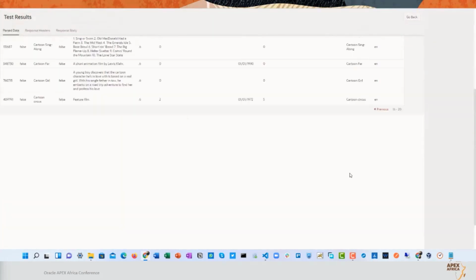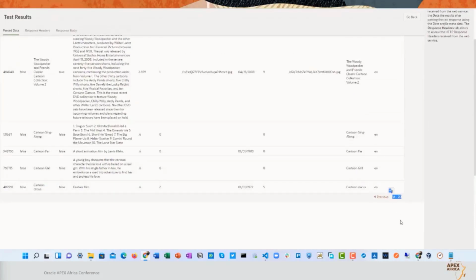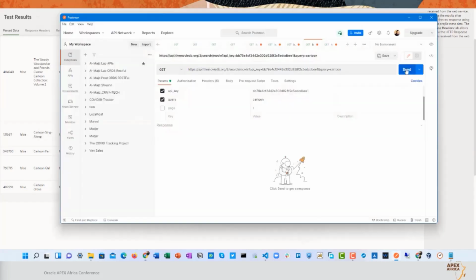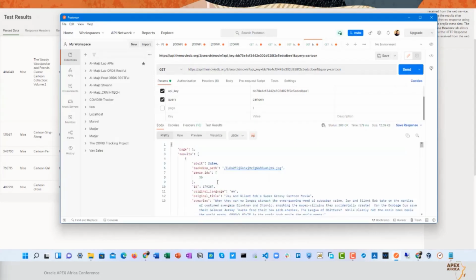If I test the operation, I will find only 20 rows returned. I want to be sure that the API returned the correct number of rows. So I will use Postman to see what count of rows will be returned. In Postman, I